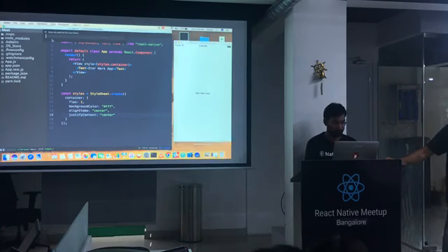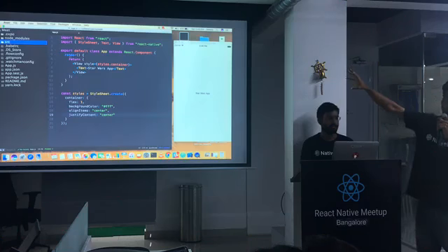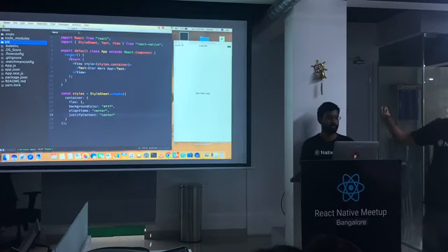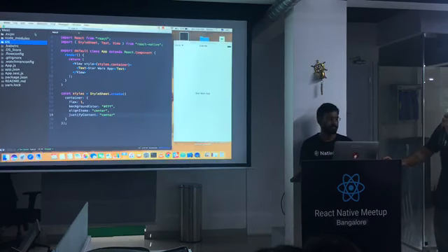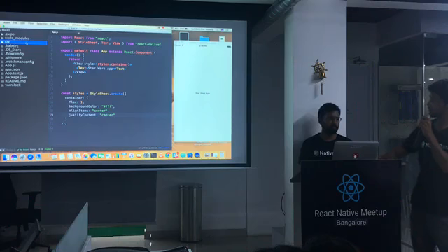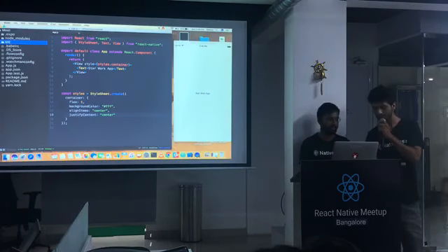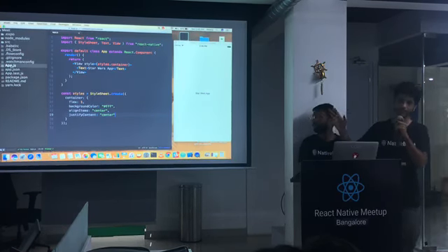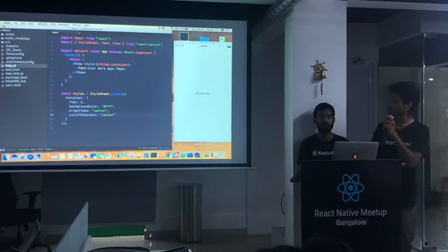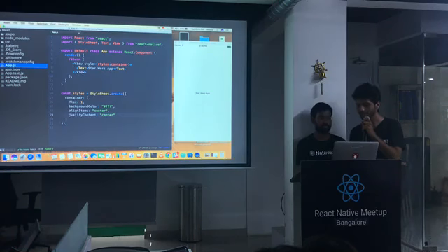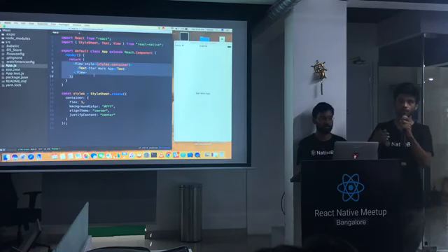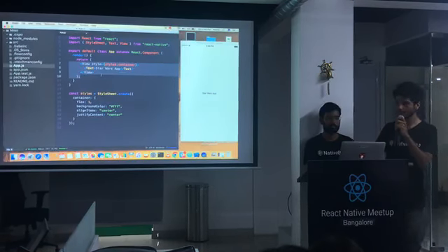Can you talk about what the folder structure means? Okay, so this is what you see on the screen right now. This comes by default whenever you run create-react-native-app and then open it up in the editor. The file that you see there, App.js, is the entry file. This is where the project loads from. This is the root, so any components that we would like to see on the screen, we'd pass here. Any routers, suppose we want to navigate between two or three screens, we'd pass a router somewhere here.